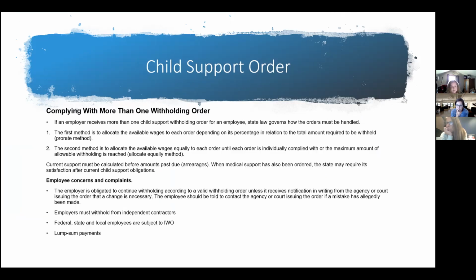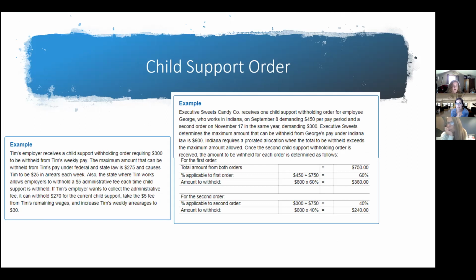We have to allocate the available wages to each order depending on its percentage in relation to the total amount required to be withheld. So we need to withhold $750, but we're not going to be allowed to. The first order said we needed $450. If we turn 450 out of 750 into a percentage, it's 60%. So that means 60% of the maximum amount available to withhold, $600, is going to be what we give to that first child support order,